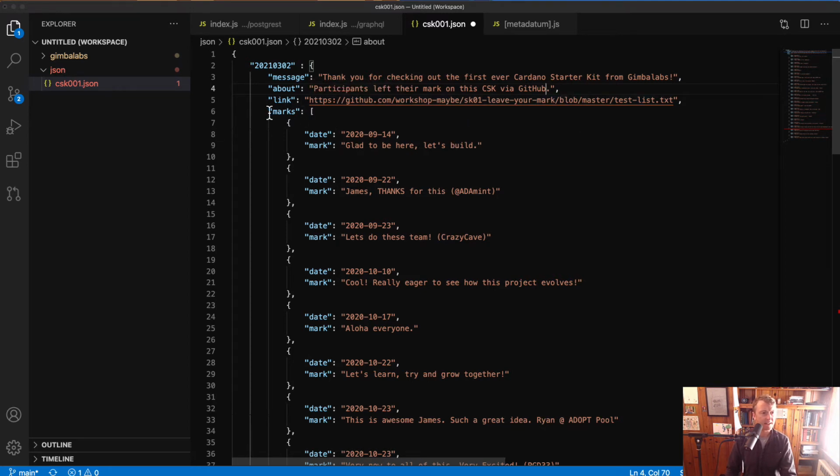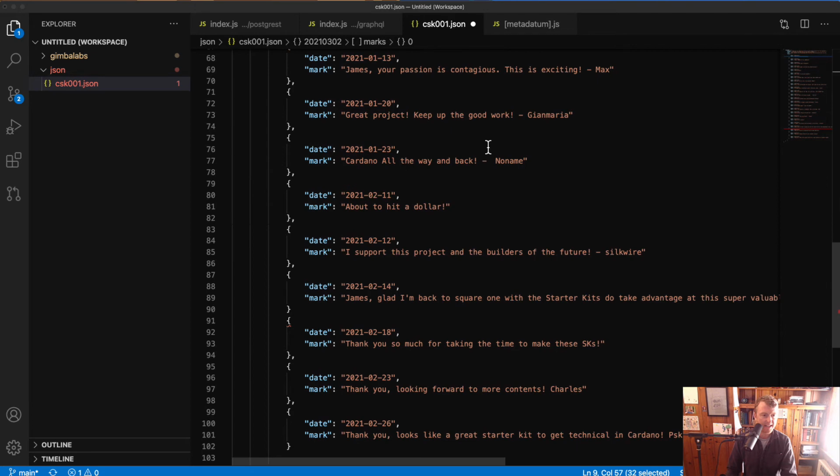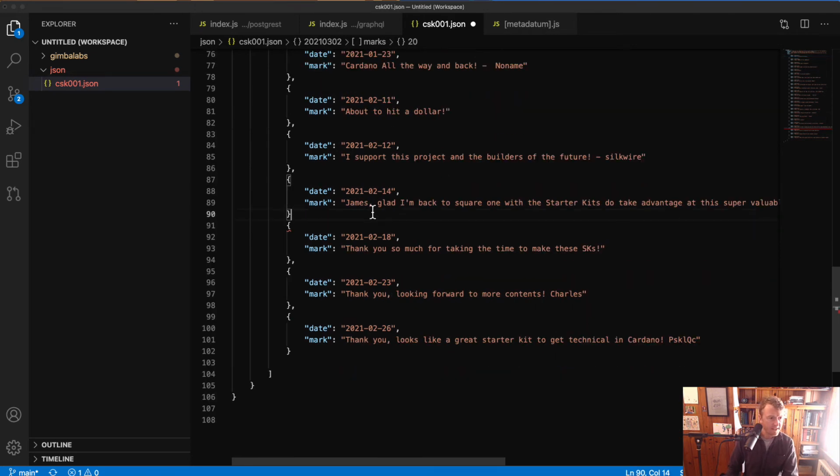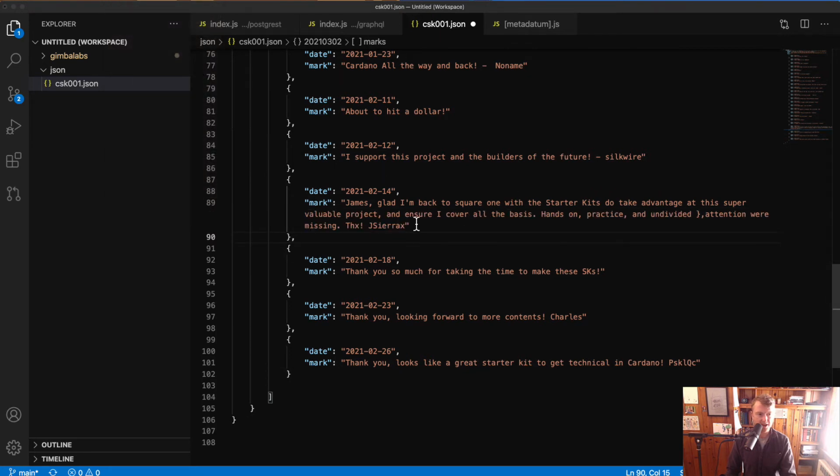And then look, we've got a list of marks. We've got an array of objects, each of which has the date that somebody added that, and then a quote of what they added that day. I need a comma here. And what's cool is that Lyft Wallet won't submit this transaction if the formatting is bad. And actually, Juan, I have to cut yours just a little bit because there's a limit to how long these lines can be. So I'm going to,